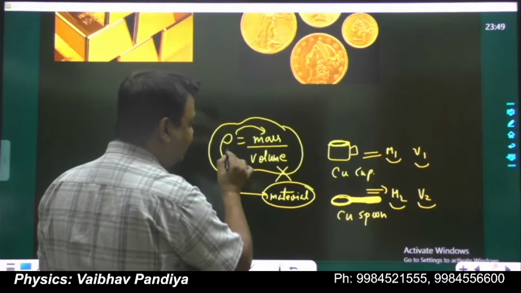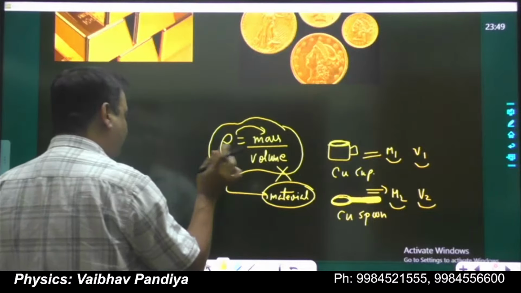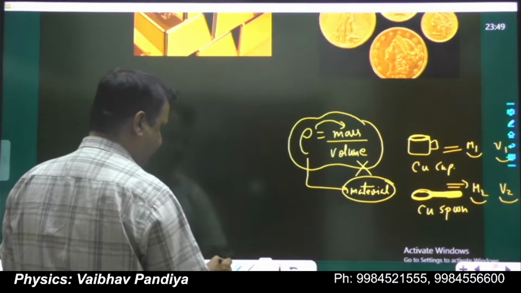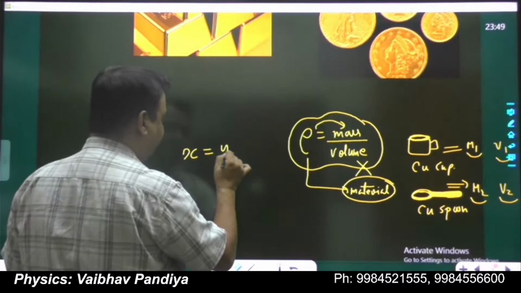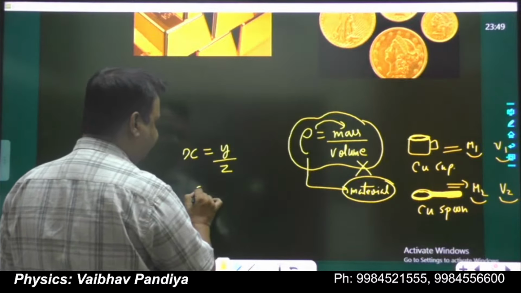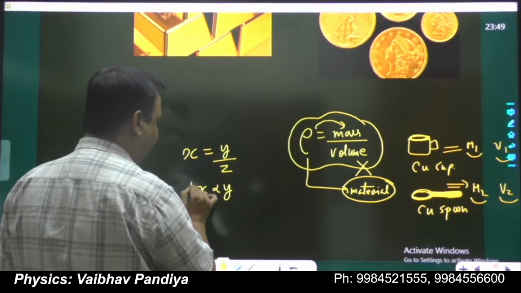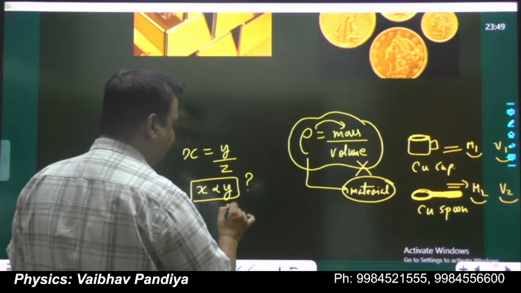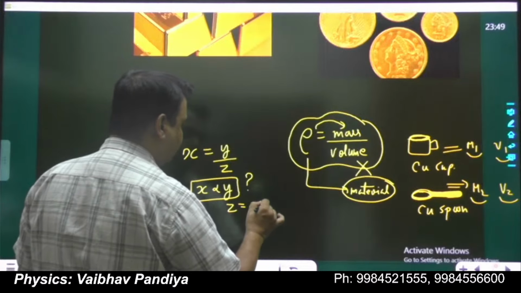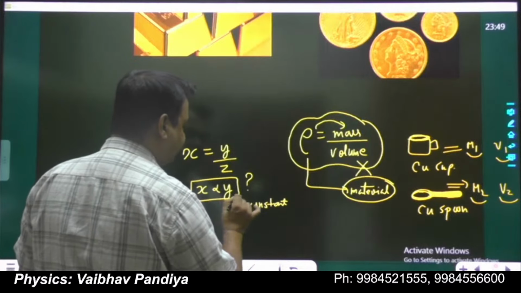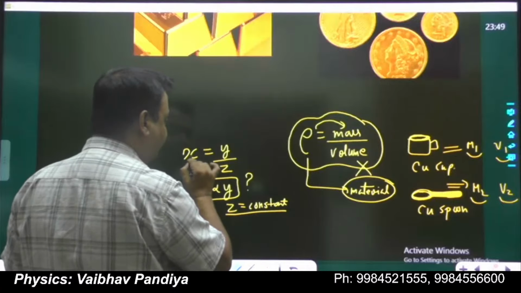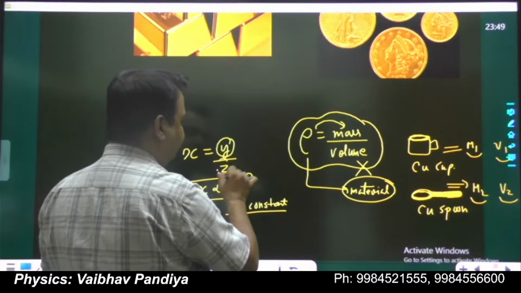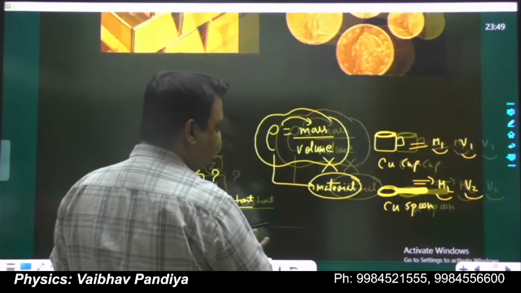No, density can't be proportional to mass, because in proportionality, suppose you're writing x is equal to y by z. You can say x is proportional to y only when z is constant. Then only you can say x is proportional to y. Otherwise, you can't say that x is proportional to y if z is also changing with the change in y. Correct? So when you are changing the volume,